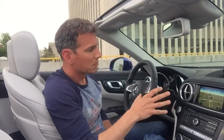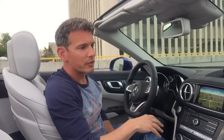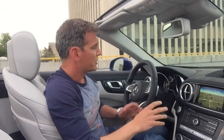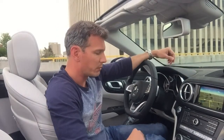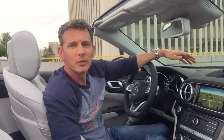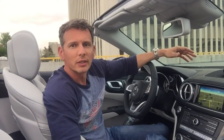The graphics are okay, but it all works really well, and the sound system sounds great. It's a Harman Kardon unit in this particular model here, and the materials and textures are all quite nice as well. Leather covering everything that it should be, and wood covering everything else, it seems. But what really impresses most, though, is when you drive the car, you realize that Mercedes-Benz has certainly kept the